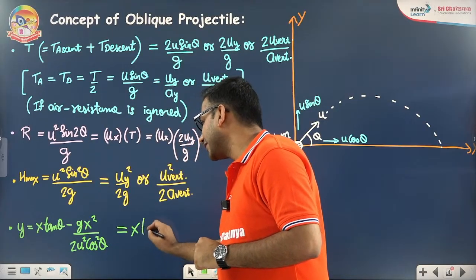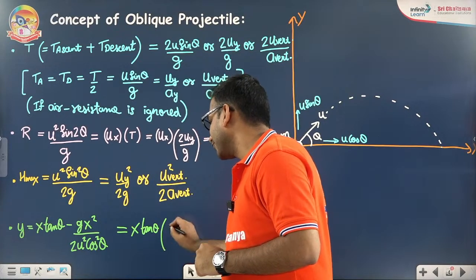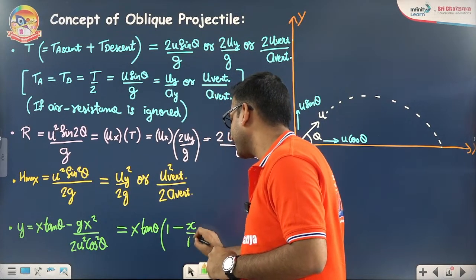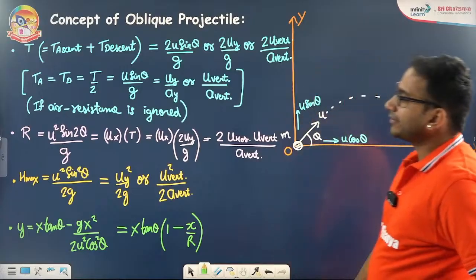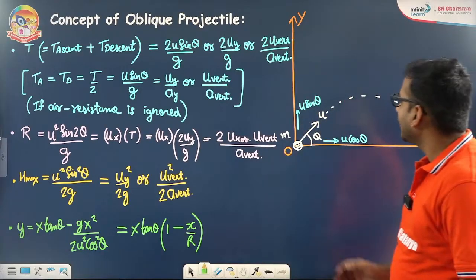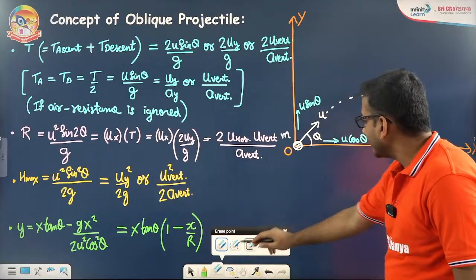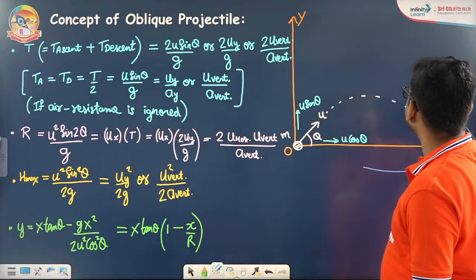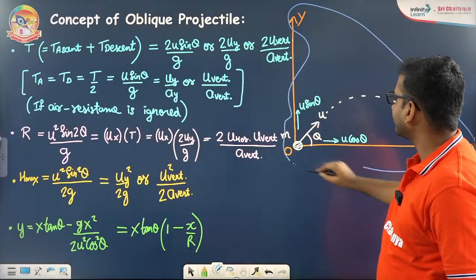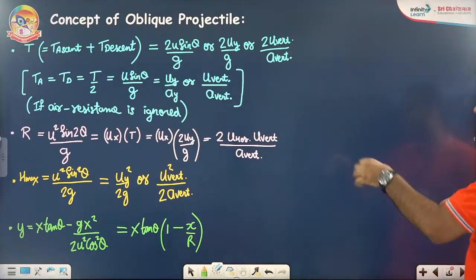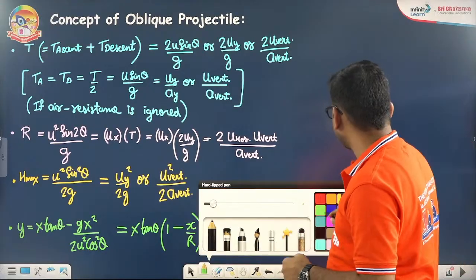In a better way, that can be written as x tan theta times 1 minus x by R. Okay, I'll give you one example. So I think the situation is clear to you. Let me give you one example based on 3D, like why or where these formulas will be helpful for you. So the example is,